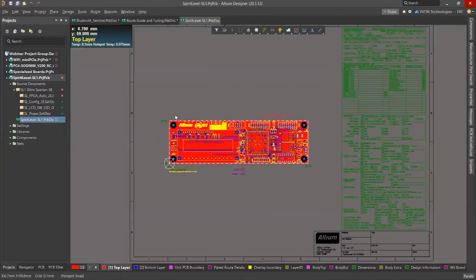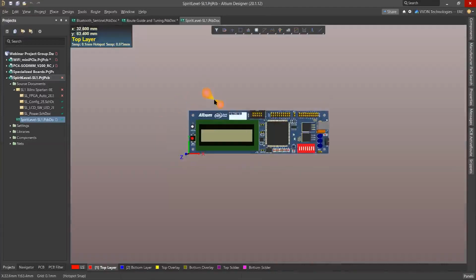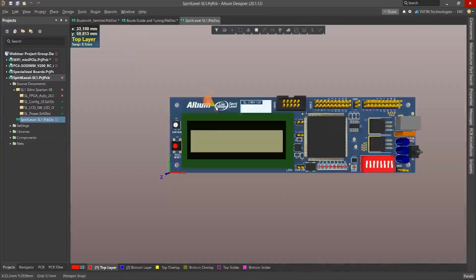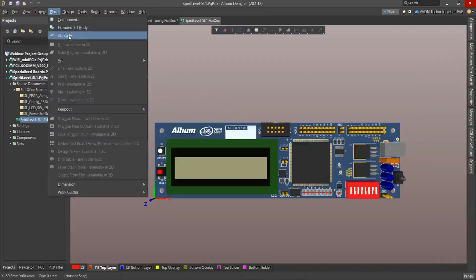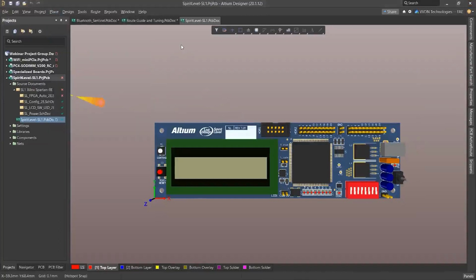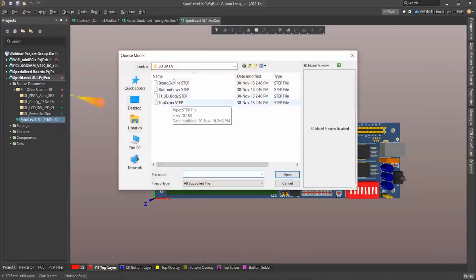Okay, let's move to the 3D view. There you can see, and from there we can place a 3D body, and from there we can select STEP files.